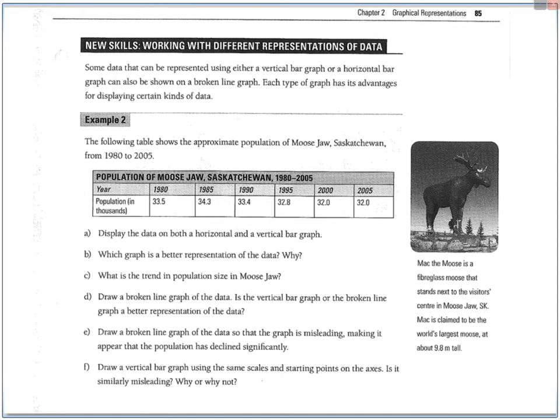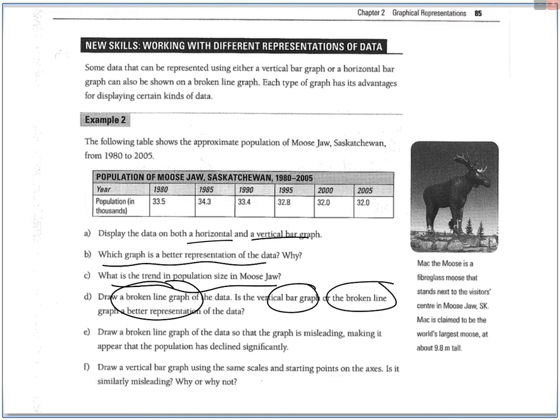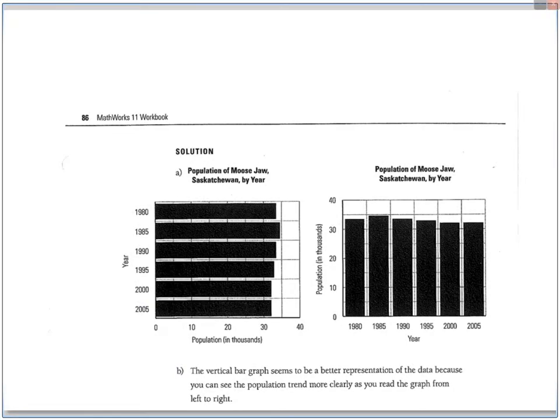Okay, what's next? Some data that can be represented using either a vertical or a horizontal bar graph can also be shown on a broken line graph. Each type of graph has its advantages for displaying certain kinds of data. Alright, so they're going to display it on a horizontal, a vertical. Which graph's better? What's the trend? Draw a broken line graph. Is the bar graph or the broken line one better? Draw the broken line graph so it's misleading, making it appear that the population declines significantly. Okay, so there's a lot in this question. So here's the two